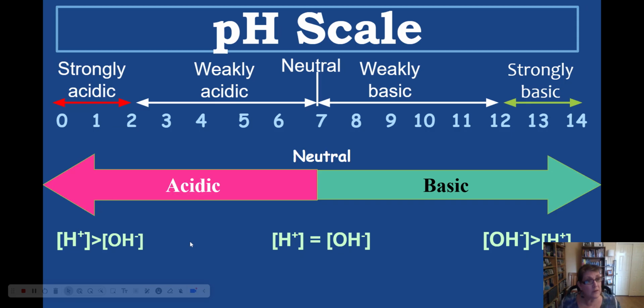And that's what we have when we're acidic. We have more H's because we're acidic, right? Now when we're basic, we have more OH's because we're basic. So we have more OH minus ions than the H plus ions. And they're equal when we're neutral at 7. H plus equals OH minus when we are neutral at pH 7. All right, I hope that made sense.